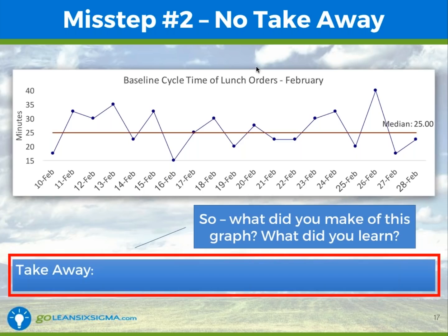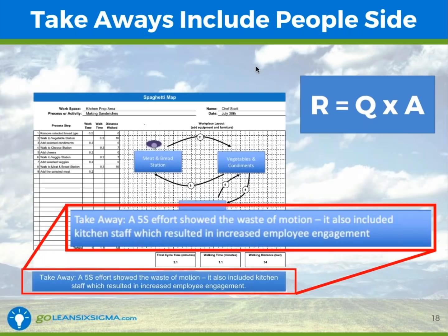It's a story. Takeaways can also include the people side. This is big. It's often a big miss. There's an opportunity to talk about that acceptance side. If you remember this pseudo equation, its results are equal to the quality of your work times the acceptance of